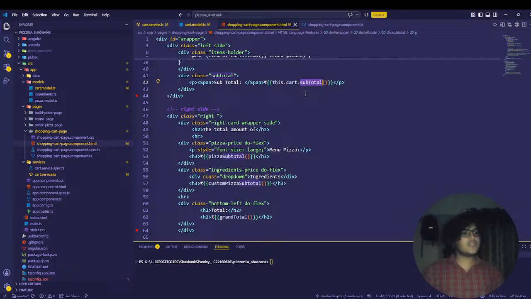Imagine there are thousands of people using thousands of functions, and every time there is a change, these 1,000 functions are getting called. That is not viable. On the other hand, a